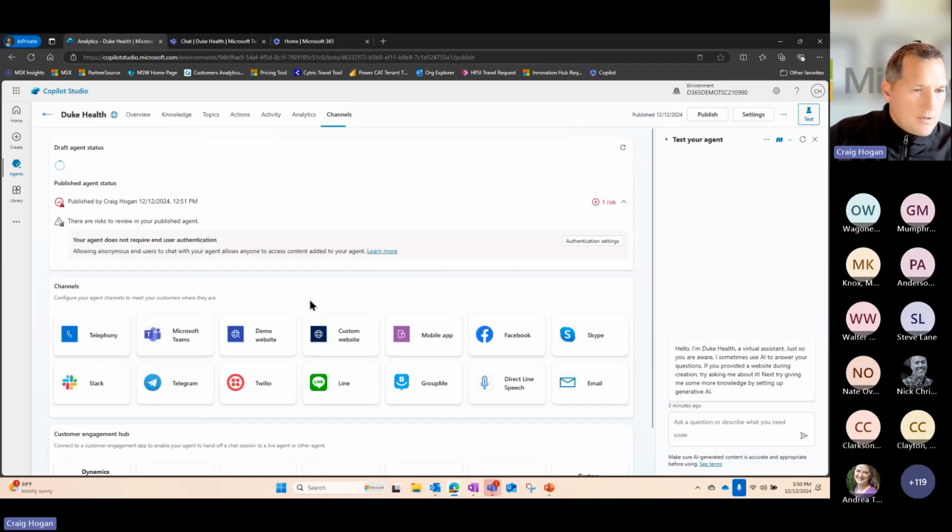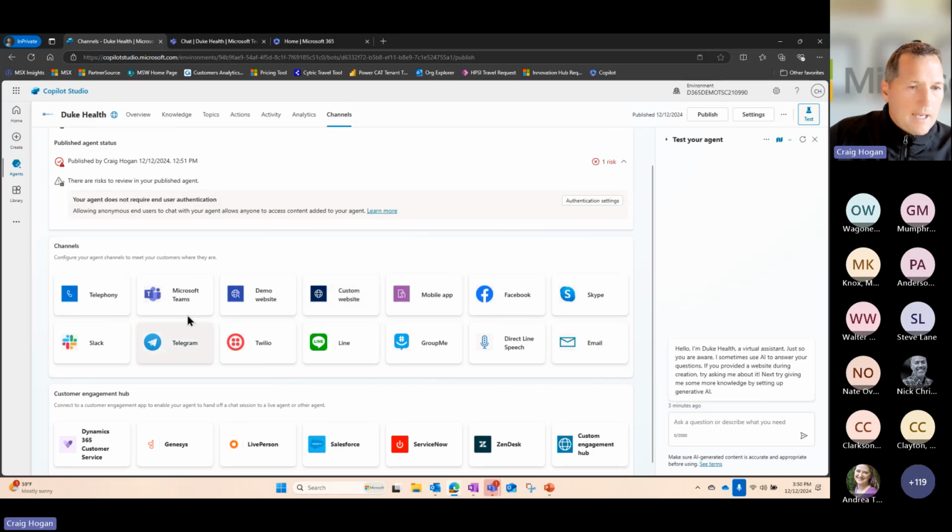And then the last piece here is the channels. You can see I can publish this in Teams. That can be a channel. And again, built on the infrastructure, it inherits all of my security rights and permissions. So if I'm part of a team that an agent gets shared to, I would have access to that, whereas somebody who doesn't have access wouldn't see that coming. So several options around how they can do that.